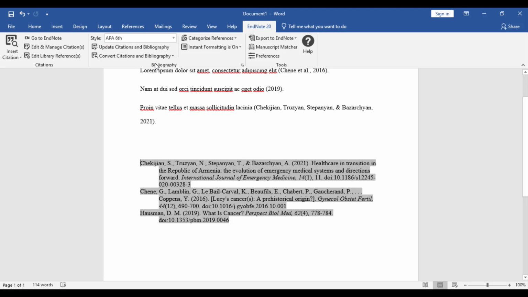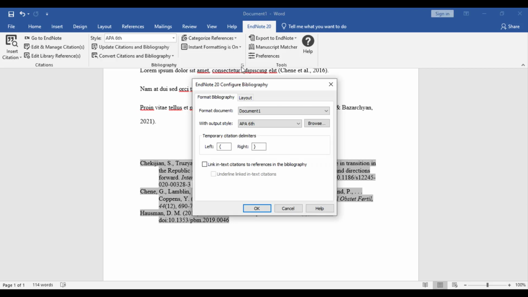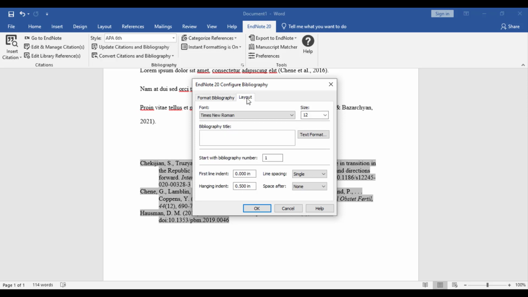Another feature that's useful when it comes to your bibliography is that you can manage its layout. So I'm going to go to this bibliography section of the EndNote toolbar, the middle part here, and click this little box with an arrow down in the corner. Once you click that, go to the Layout tab, and you can adjust the line spacing right here. For example, with APA format, they want the bibliography to be double spaced. So I would click that,